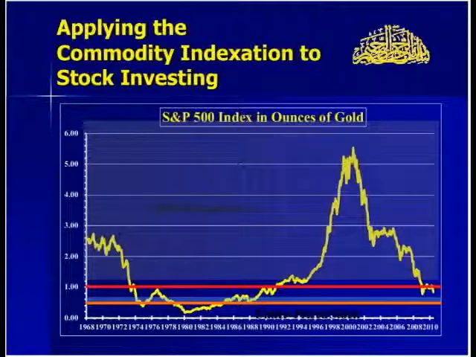In other words, if you pretend that you are buying the S&P 500, which is the measure of the stock market, in gold or in rice or in wheat, and we have the data for all of this, what happens? You will find that the stock market was actually overvalued until the oil shock of 1973, when the